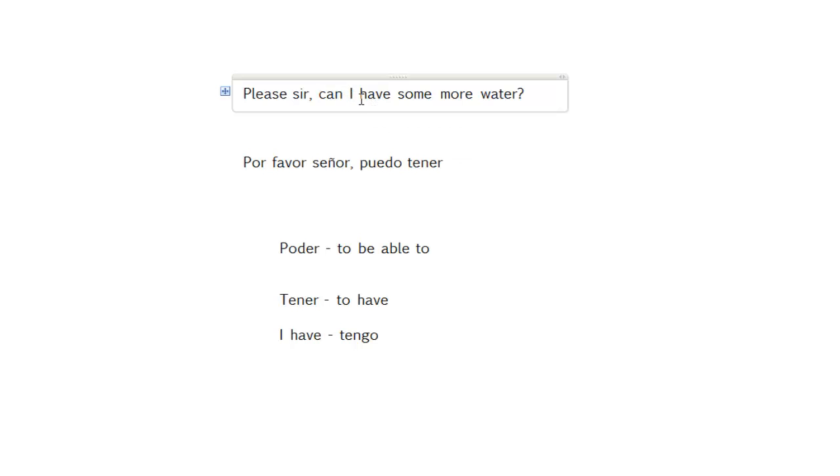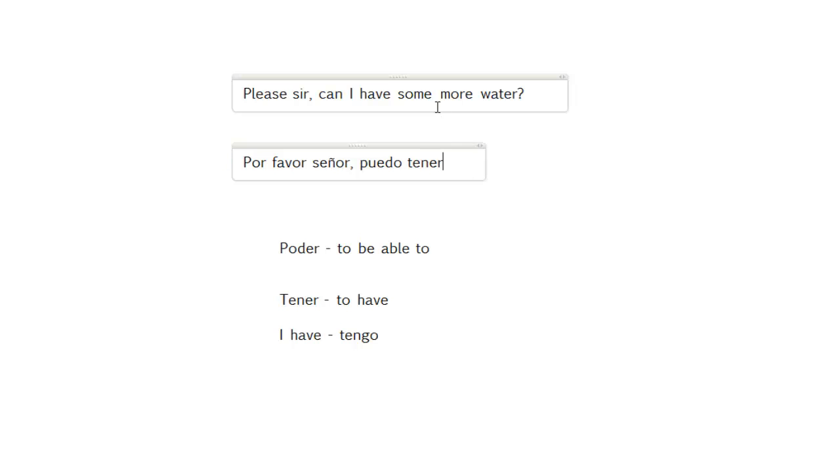Now we just reverse the order. We put the I after. Okay, and you can do that in Spanish. ¿Puedo yo tener? If you want to, but because you say puedo, you don't really need to put yo. Now this is the infinitive form, right? It's this, to have. But because we've got this can, we can say that. But in Spanish, you have to put the infinitive, right?